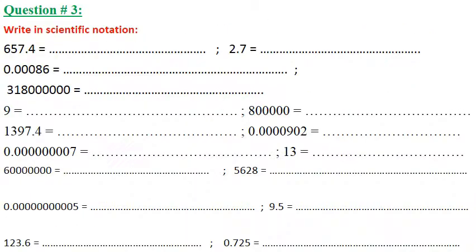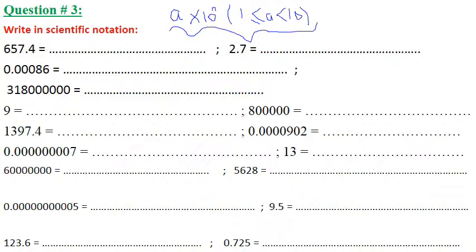To write any number in scientific notation, we should always know that any number written in scientific notation should have a multiplied by a power of 10, and the exponent might be positive or negative, on condition that a should be a number between 1 and 10. It could be 1, but it cannot be 10. It should be always less than 10. This is any number written in scientific notation. So